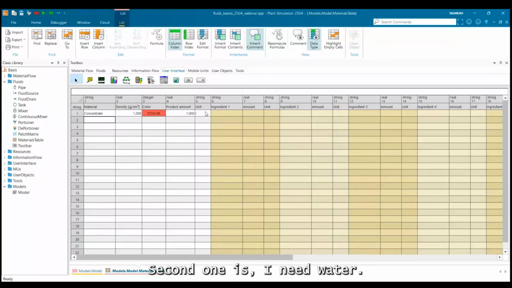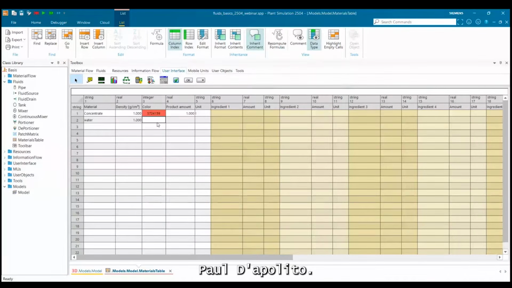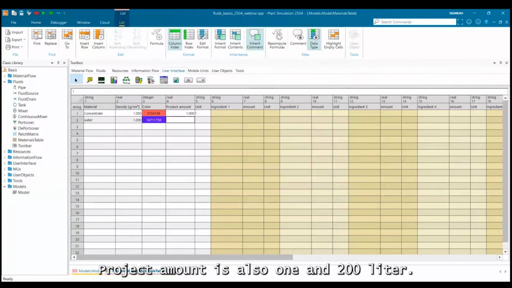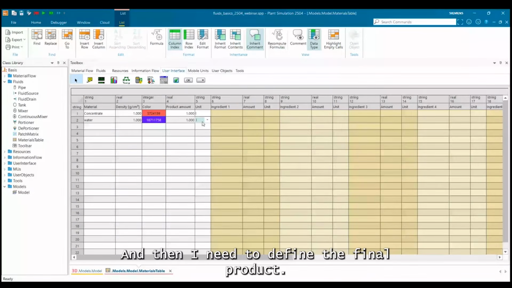Second one is I need water. Density may be also 1 gram per cubic centimeter or 1 kilogram per liter. The color should be blue. Product amount is also 1, and unit liter. And then I need to